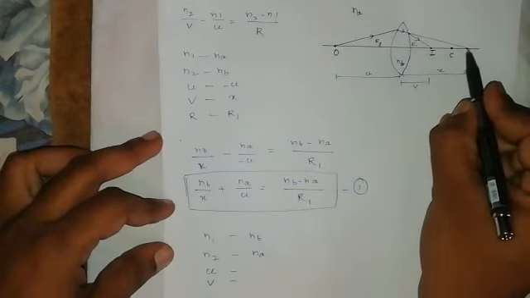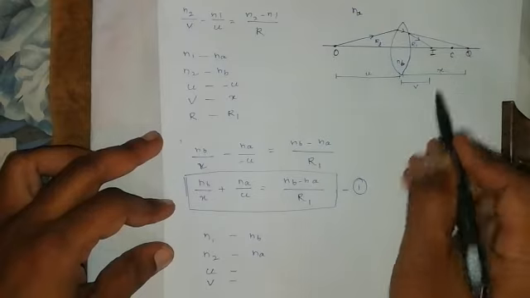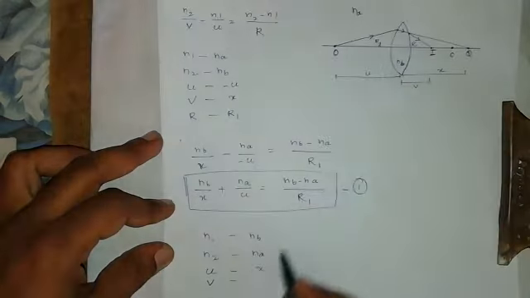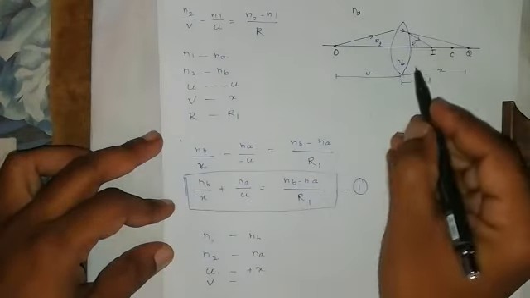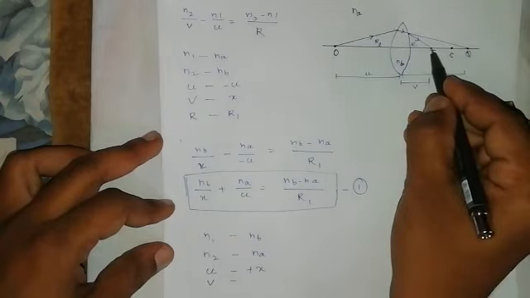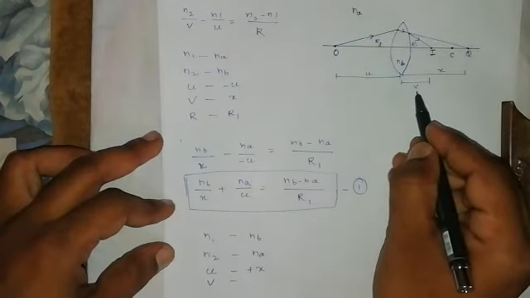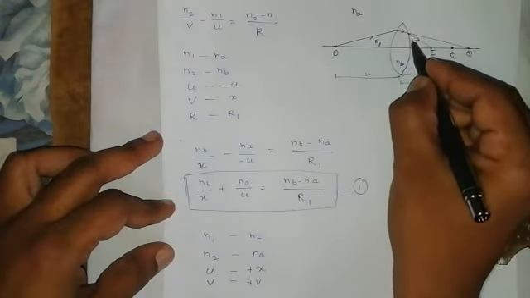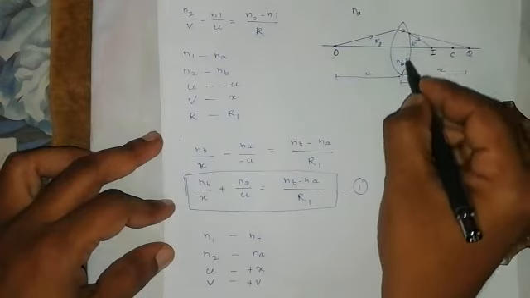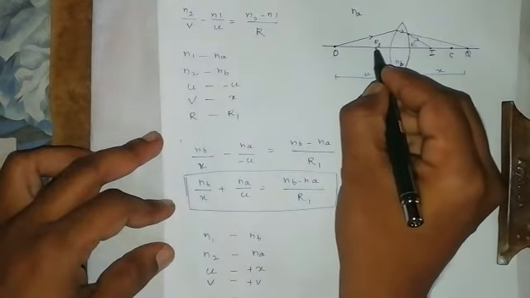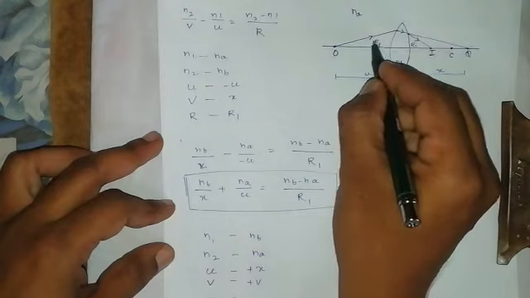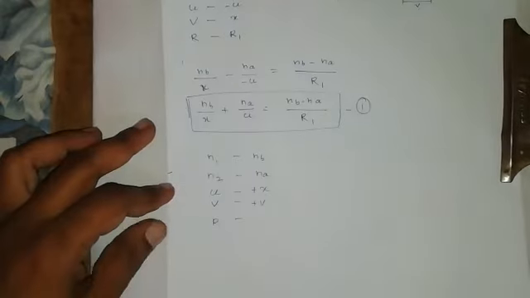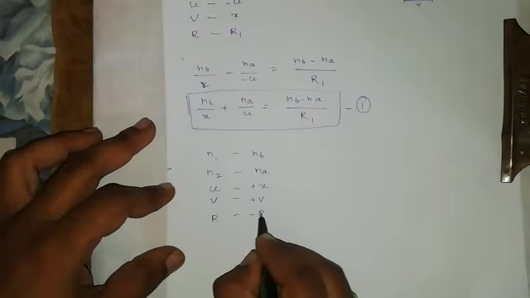Now which is the object? This is the object. Then the object distance will be x, and it is towards the other side, in the direction of the incident ray, so it is positive. And v is the image. This is the original image formed by the second curved surface, so the image distance is positive v. And what is the radius of curvature? This is the radius of curvature of the second curved surface, but it is in the opposite direction to the incident ray, so negative. So the r value is minus r2.